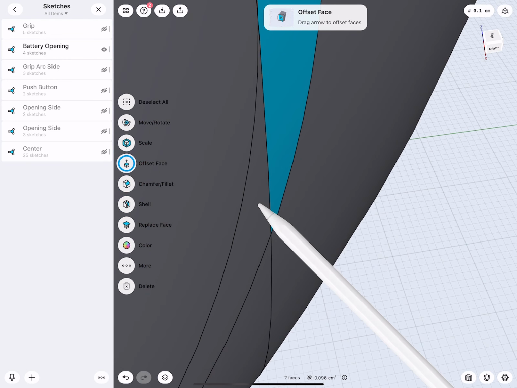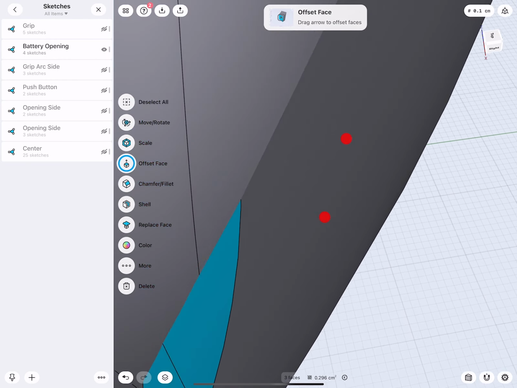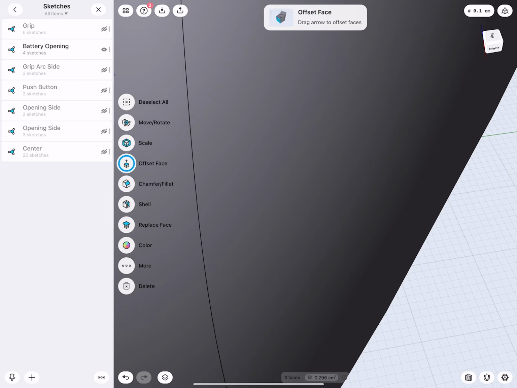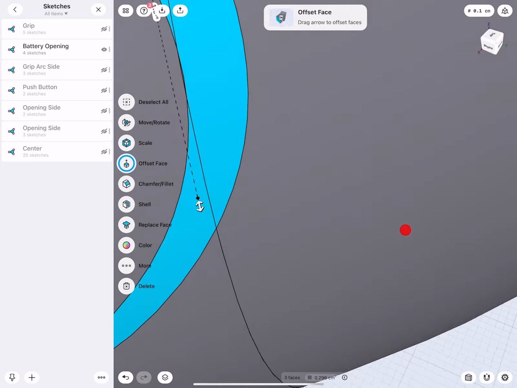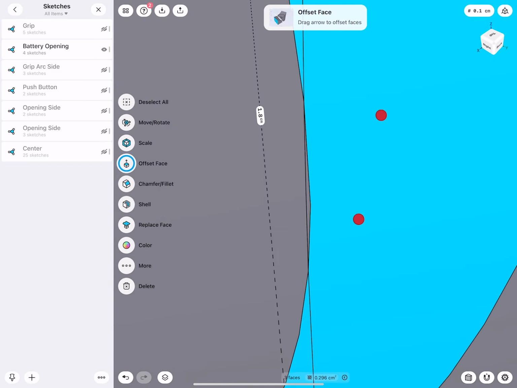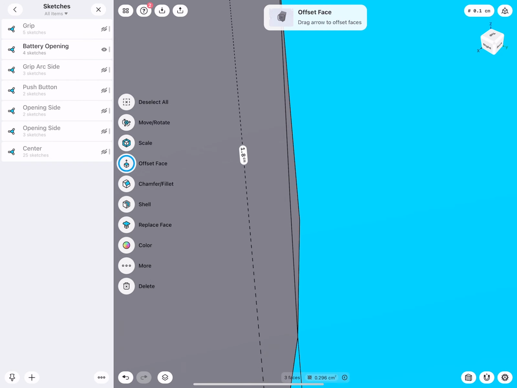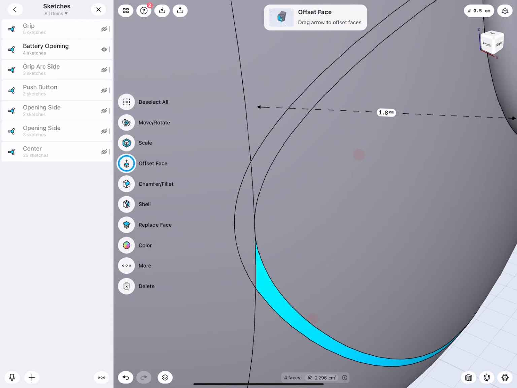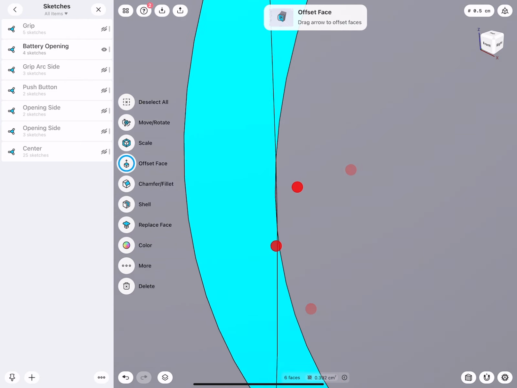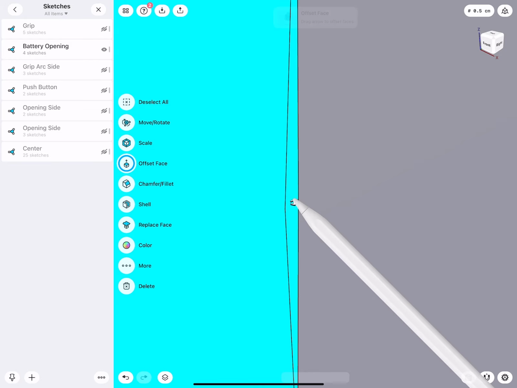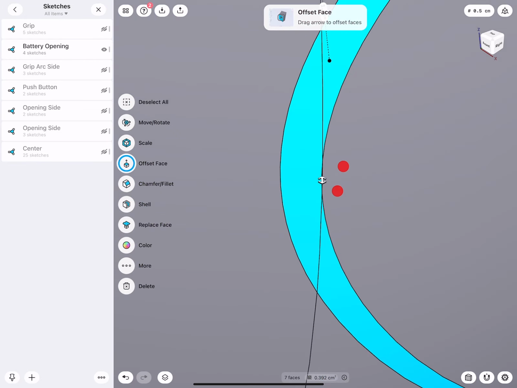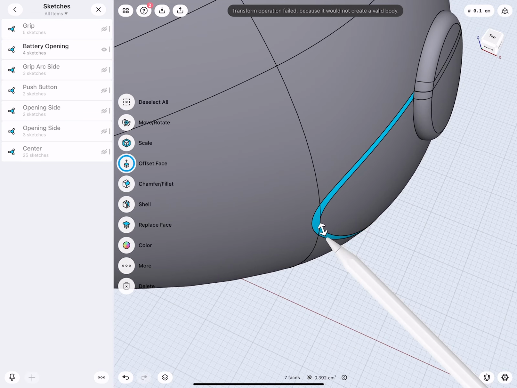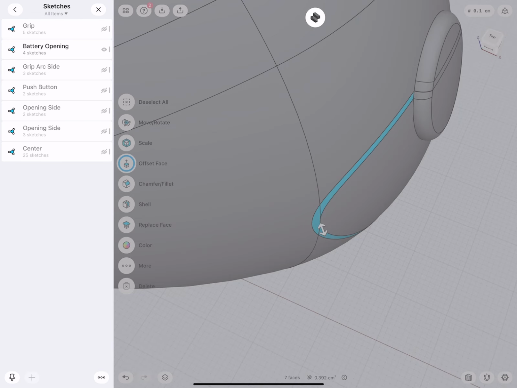Okay, now this did not work. Let's do this one more time. I have a feeling maybe because this is so tiny here, there is a little bit of problem. Yeah, okay, good.